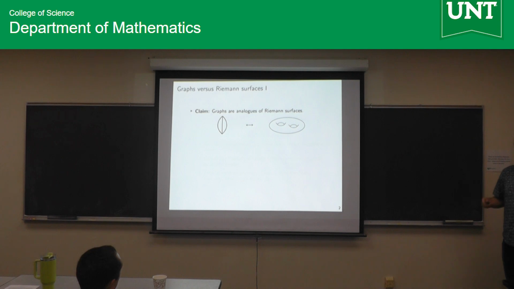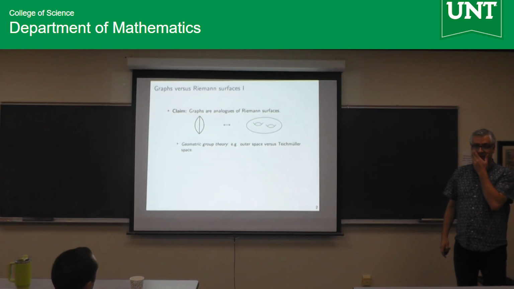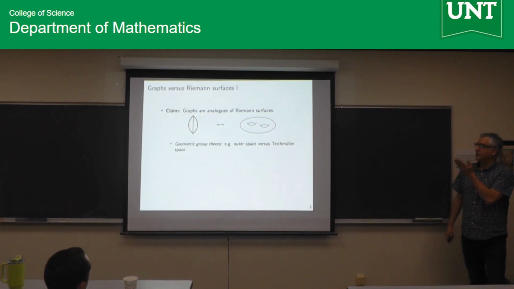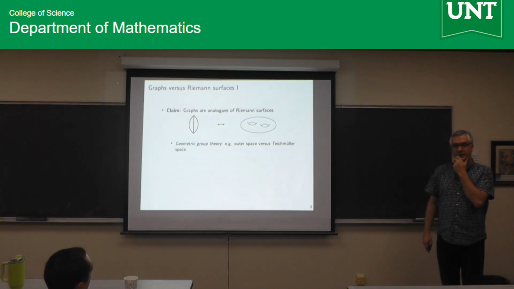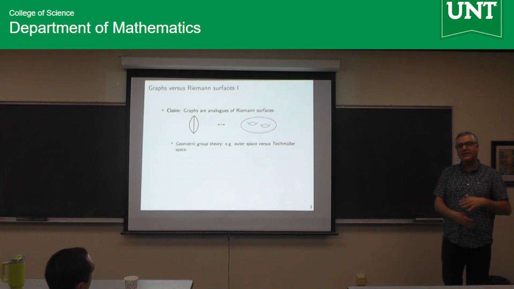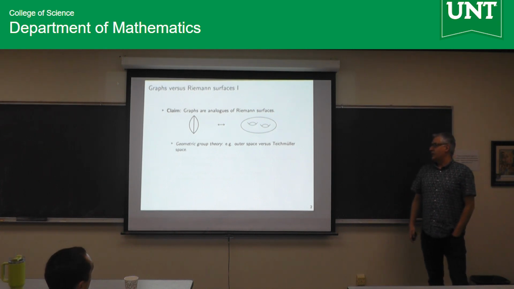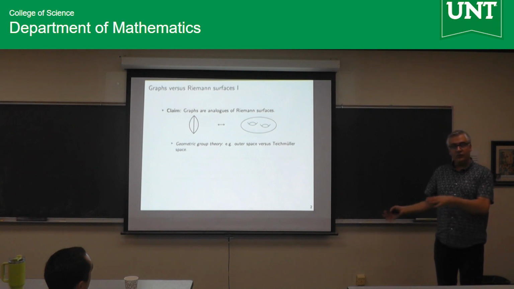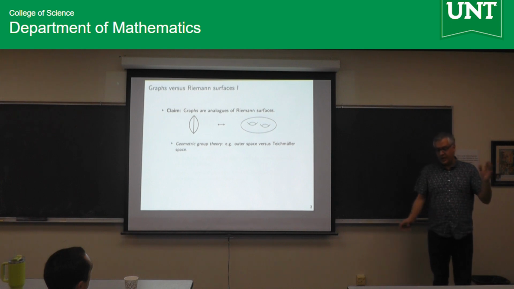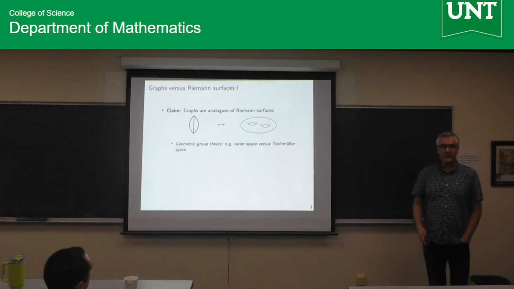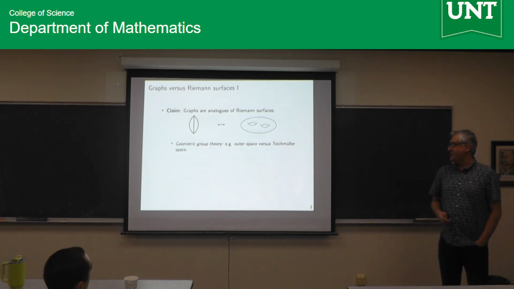Okay, so let me give you some first approximation of why this claim is not outrageous. I'll come back to it in a more sophisticated way soon. This has been known to geometric group theorists for quite some time. For example, they study the moduli space, or the space of all possible graphs, in order to understand certain groups, like automorphisms of free groups. The action on that group, on that big space, is studied via this geometric object, the same way that the action of the mapping class group is studied by studying Teichmüller spaces. So this is one existing connection.